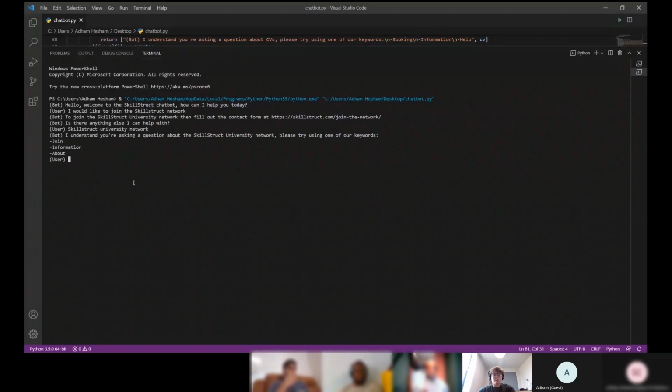Because it doesn't have the word join in it, it incorporates the keywords there, but if you include join in your sentence, you can get to the next level of the dictionary, so the program understands what you're typing. Just to demonstrate that, if Adham would like to do one of the 3 bullet points, as you can see, just by typing join in, it links you to that same website, that same page.